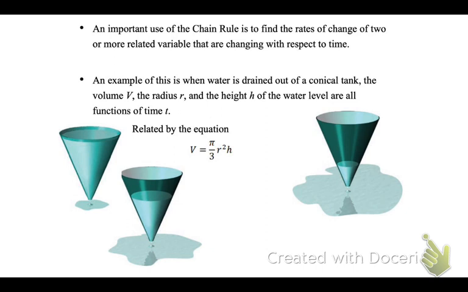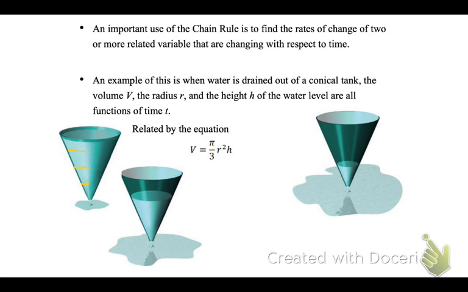An example of this is when water is drained out of a conical tank, and volume and radius change, because as the volume decreases, the radius of the cone is also decreasing, correct? Because it's getting shorter and shorter and shorter. Okay, so